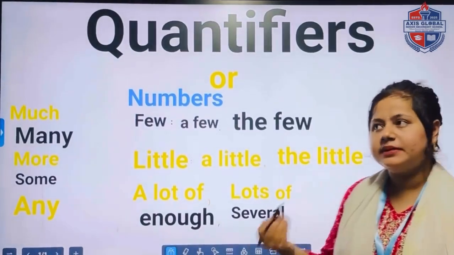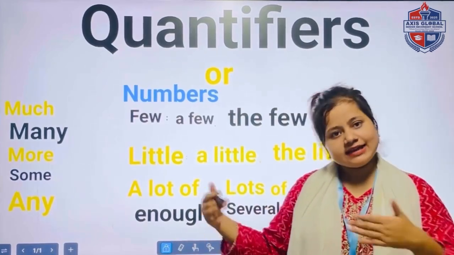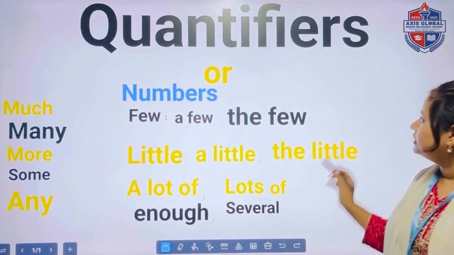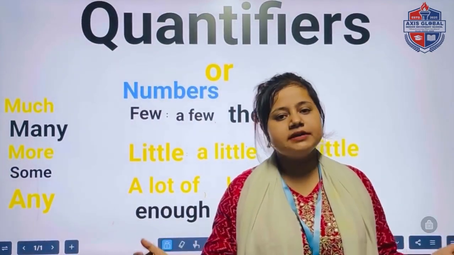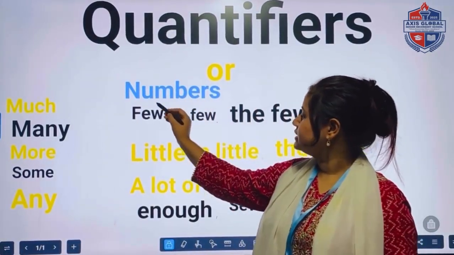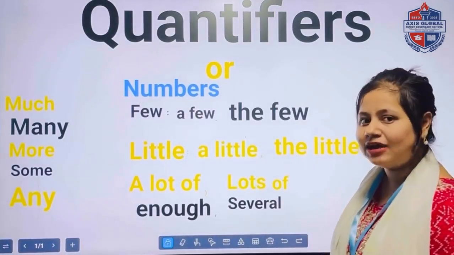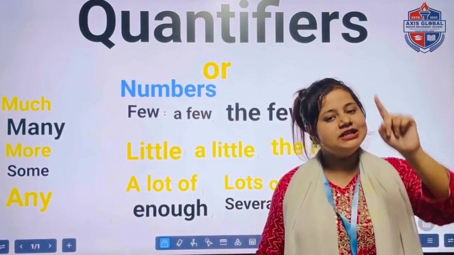Then several. The meaning of several is more than one but not many. एक से ज़्यादा but उतना ज़्यादा नहीं. Several. Okay. So these are all quantifiers and they help us give numbers or amount. Numbers के जो numbers में बताएंगे वो होंगे countable and जो हमें amount बताएंगे वो होंगे uncountable. That means amount के साथ जाएगा आपका little, a little,